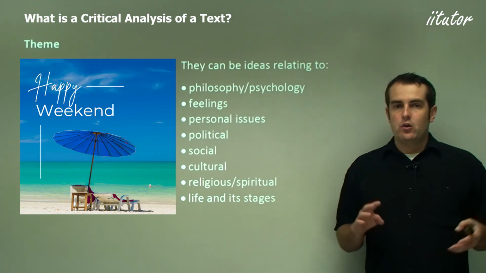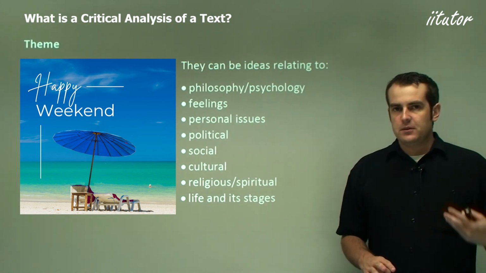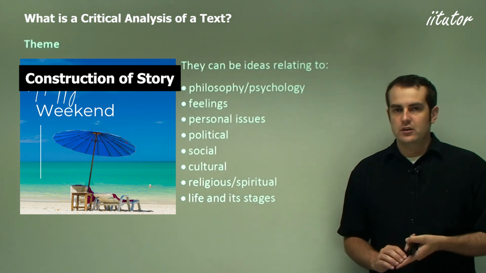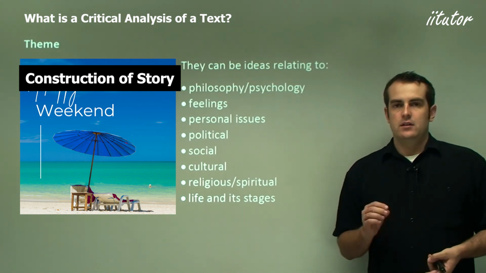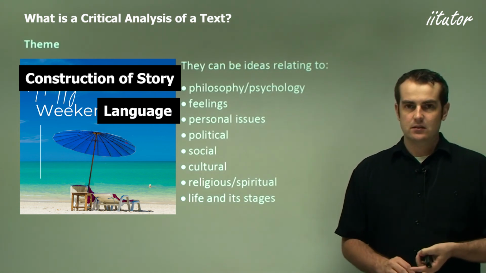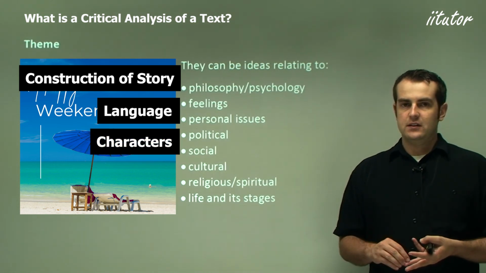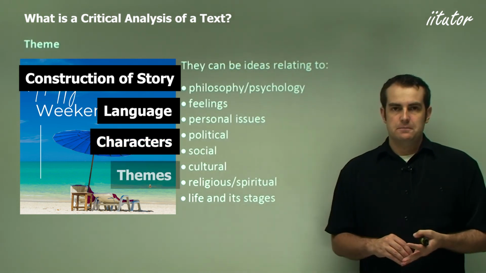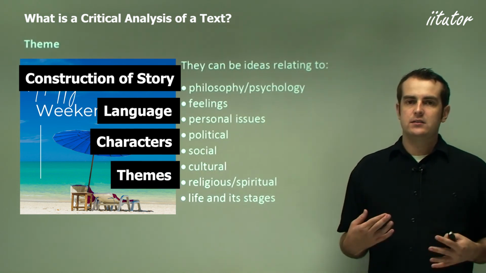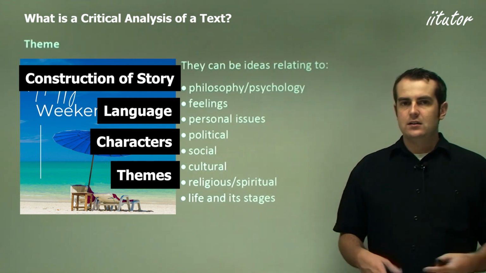And that's basically it for how to critically analyze a text. So remember the four main categories of things you'd be looking to interpret. First of all, the construction of your story, how the story is put together. Next, language, the language techniques and devices used throughout the text. Next, your characters, particularly narration and the way things are detailed. And finally, your themes. Through a combination of all those things, you should be able to construct a fairly detailed analysis of a story and have lots to talk about in terms of how you understand and interpret a text.